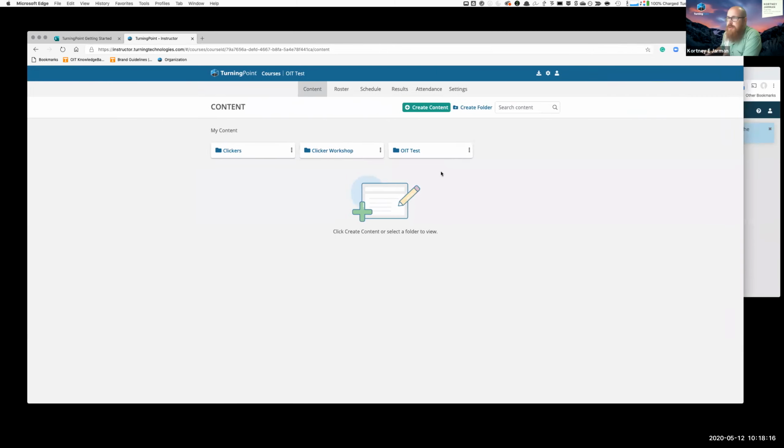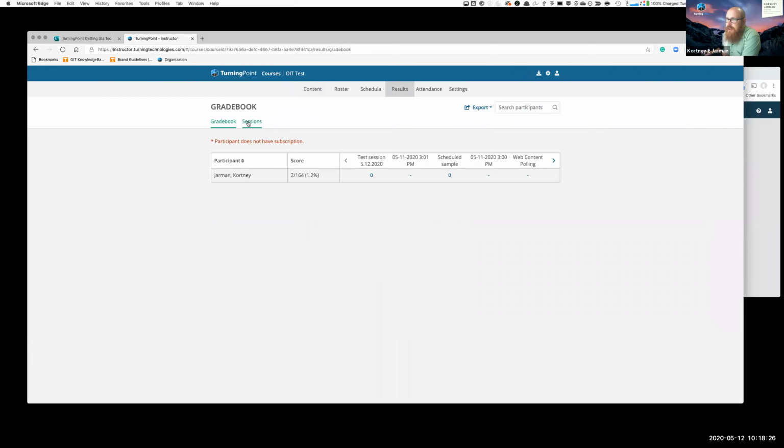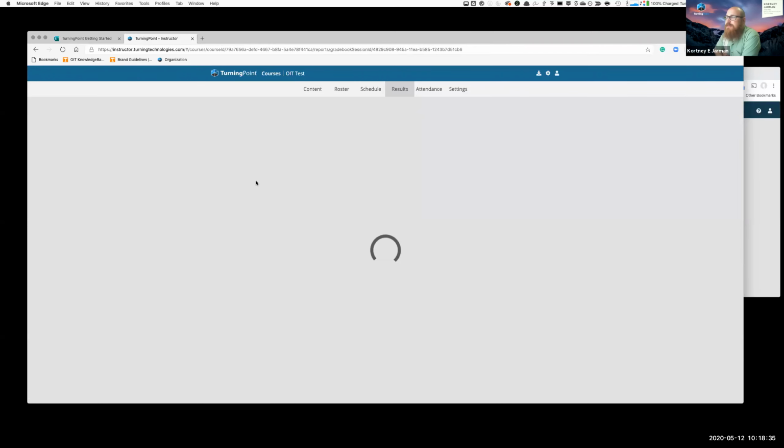So let me drag this window a little bit bigger. So now I can go in to my results page here. And what I'm going to see in results when it comes up is my answers here, but I'll go to session and we're going to see this session here. And I can go into reports,